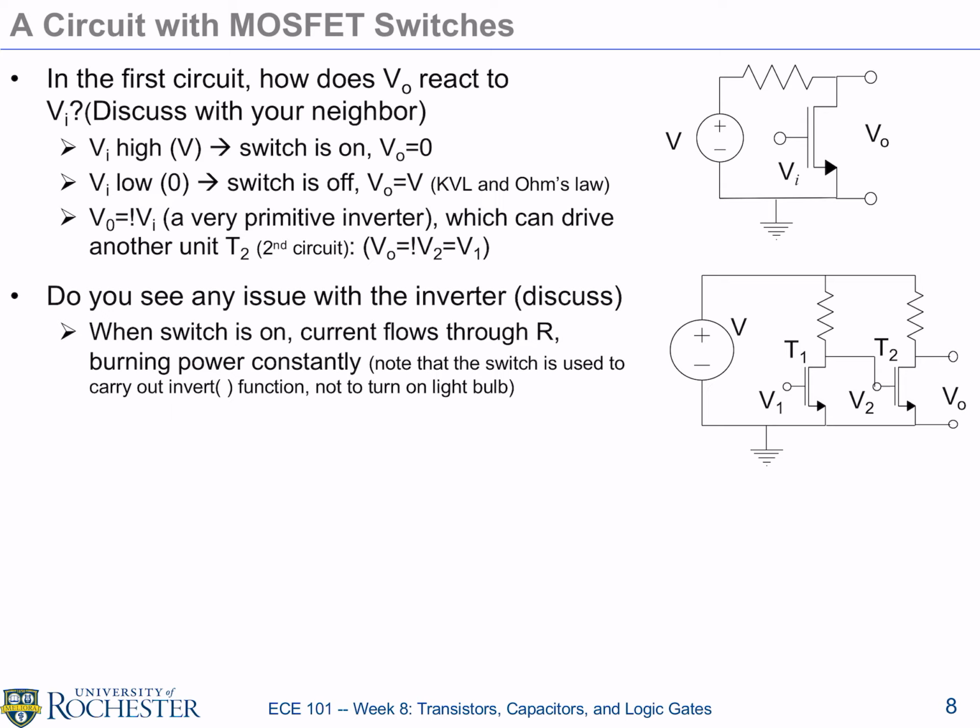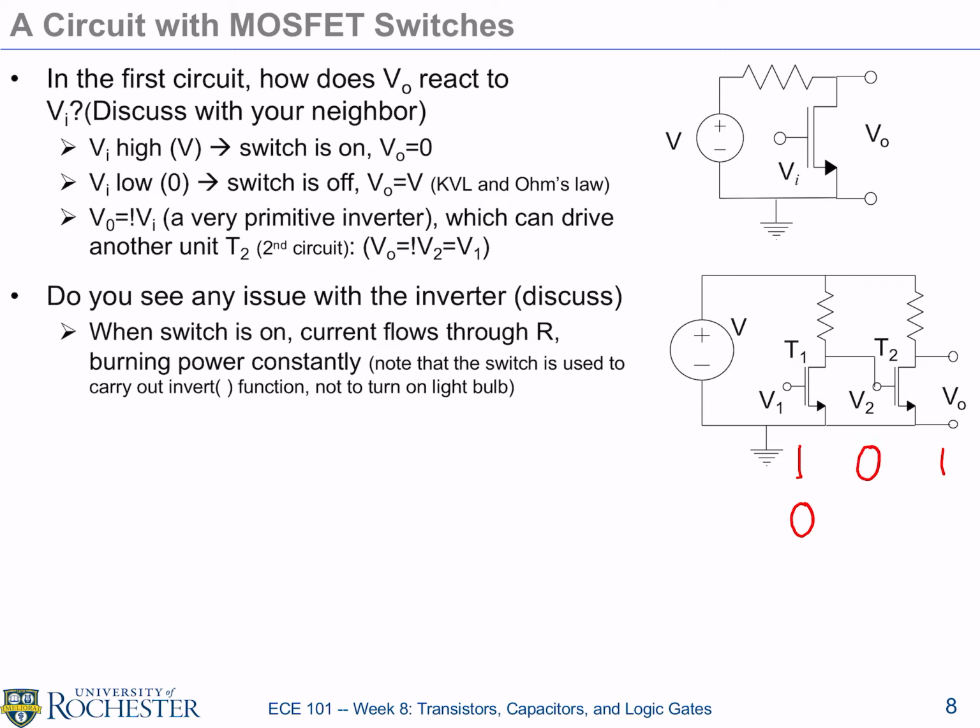We send an input of 1 and we want the output. That's our computing device. Once we figure this out, we don't want the circuit to burn a lot of power. But in this particular case, no matter what input V1 is, if it's 1,